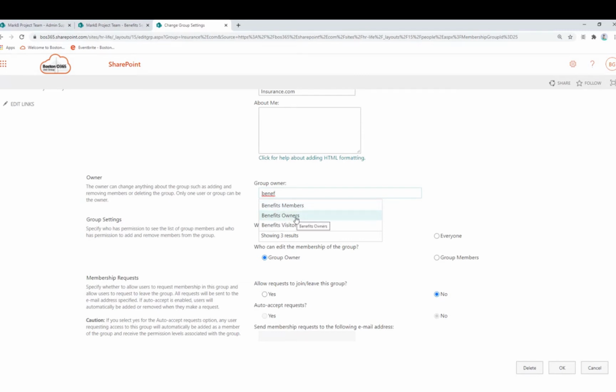I sit down with site owners and I talk with the site owners and I find out, do they have 2 owners, 3 owners? If they only have 2 owners, I would make all these security groups so only owners can change them. But I have some groups where there's a team of 10, 15 people managing the communication site. So then I like to drop in their team's O365 group into the members group, and I like to make all these groups members. So all the members can change the groups. So you want to think through who can make the changes. Okay.